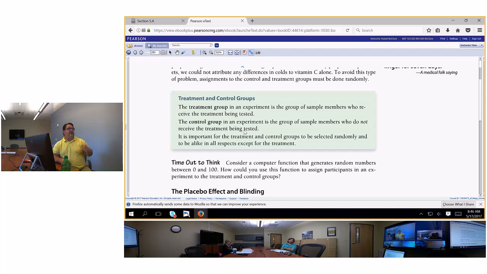But on the left side, you're giving them a red pill, and you're telling the people with the red pill that they're going to lose all kind of weight. And the ones on the right, you don't give them a red pill. That's a treatment group and a control group. The treatment group is the one that you're giving something to. The control group is the one that you're measuring against. Okay? And this is where I think they bring in the placebo effect.